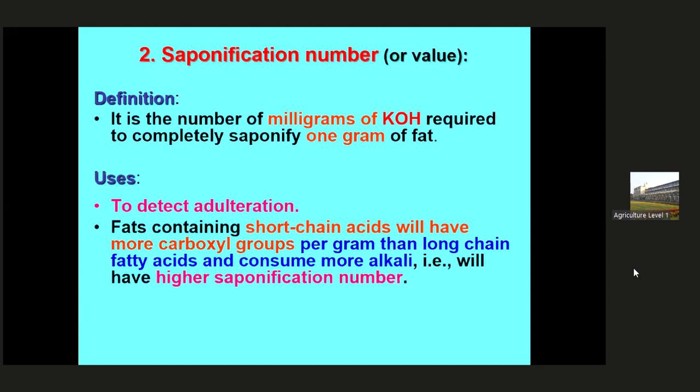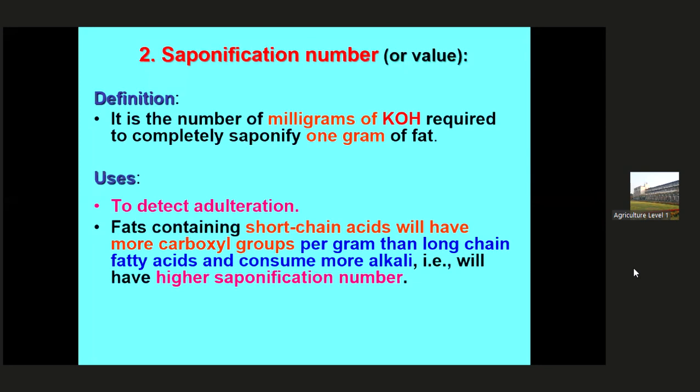How is the saponification number inverse to the chain length? If the saponification number is increased, chain length will be decreased. If the saponification number is decreased, chain length will be increased. How? Suppose 1 gram of fat contains suppose 20 fatty acids. This is short chain. What is the weight of the fat? 1 gram fat means